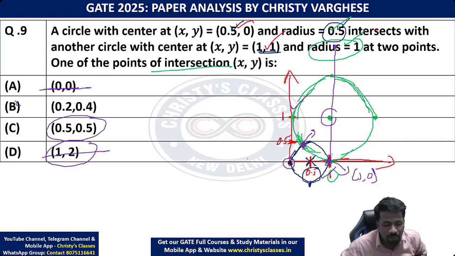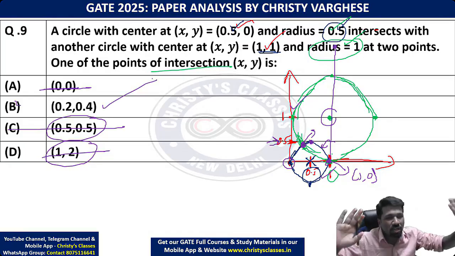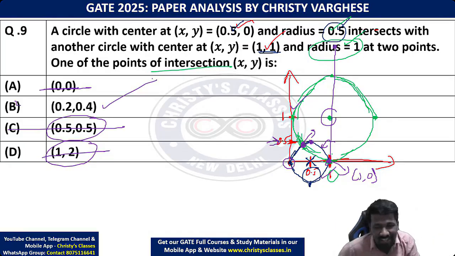0.5, ये 0.5 देखिए, 0.5 is somewhere here. That is not the point of intersection for sure, you can say, because 0.5 is actually this point of this circle only. Second circle confirm वहां intersection नहीं होगा. From the picture it is very evident. तो ये 3 eliminations काफी है. This is the shortcut way of doing. Shortcut means this takes time. What I am saying is, if you don't know much theory, पॉइंट ऑफ इंटरसेक्शन algebraically कैसा कैलकुलेट करना है उसका थियरी पता नहीं है, तो ऐसा विजुअलाइज करके इजीली एलिमिनेट कर सकता था.